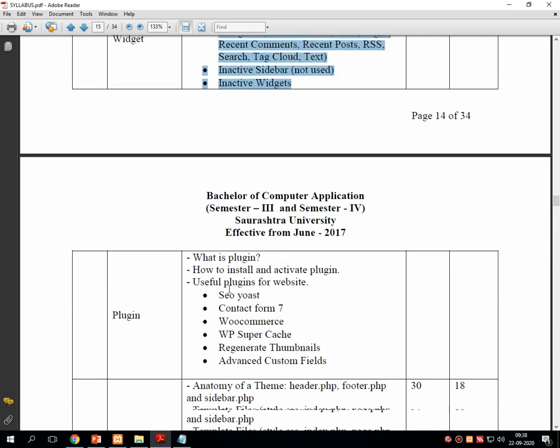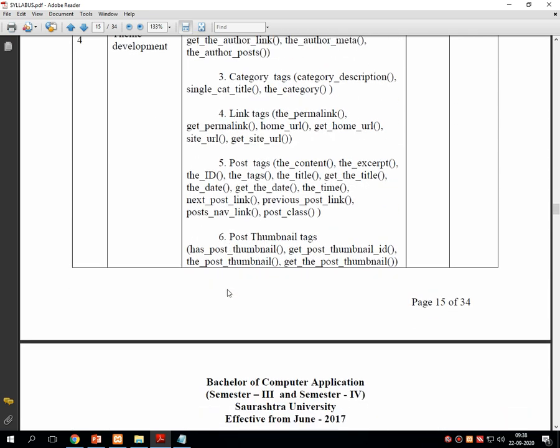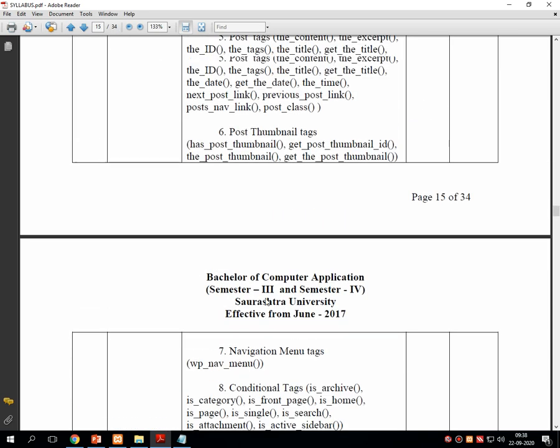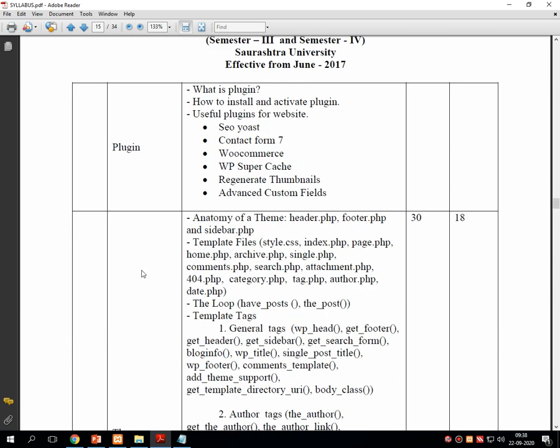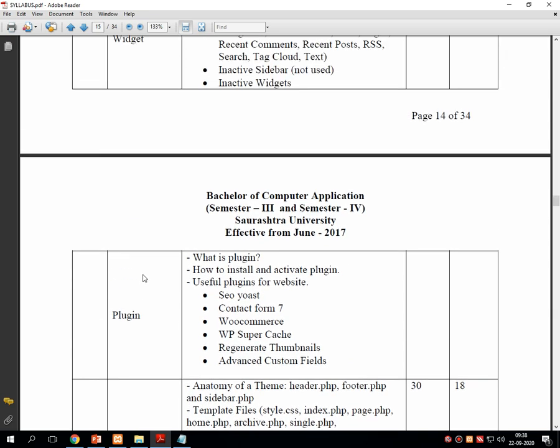But after the completion of 3rd unit, number 4 is a bit important for university point of view, but 5th is not that much important for university point of view. Our almost syllabus gets completed about the content management system using WordPress shortly. So be prepared about the university examination, and shortly our college is going to organize an online MCQ test. So for that even you have to prepare yourself.